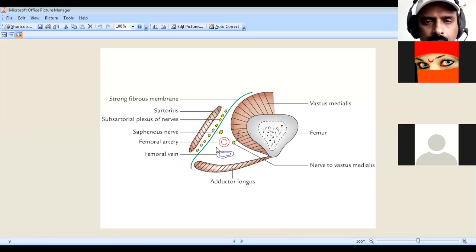John Hunter, the brother of William Hunter, discovered this and it was named Hunter's canal. Ligation of the femoral artery in the adductor canal is important during the treatment of popliteal aneurysm. So you have to know the boundaries, the definition, the other names, and the contents. You have to write these. There is a strong fibrous subsartorial membrane connecting the anterior to the posterior.